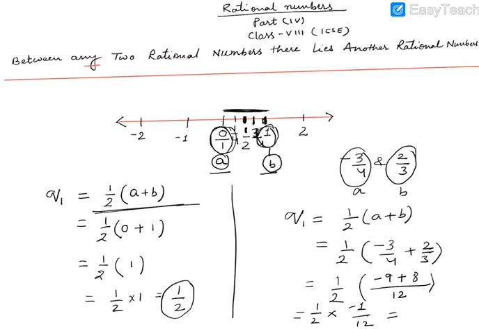So you can multiply, minus 1 upon 24. So minus 1 upon 24 is halfway of minus 3 by 4 and 2 by 3. मतलब minus 1 by 24 जो है minus 3 by 4 और 2 by 3 के बिल्कुल बीच में मिलेगा. मतलब इसका स्टेटस क्या होगा? ये जो नंबर है ये इस नंबर से बड़ा है और इस नंबर से छोटा है. मतलब what is the status of minus 1 upon 24?